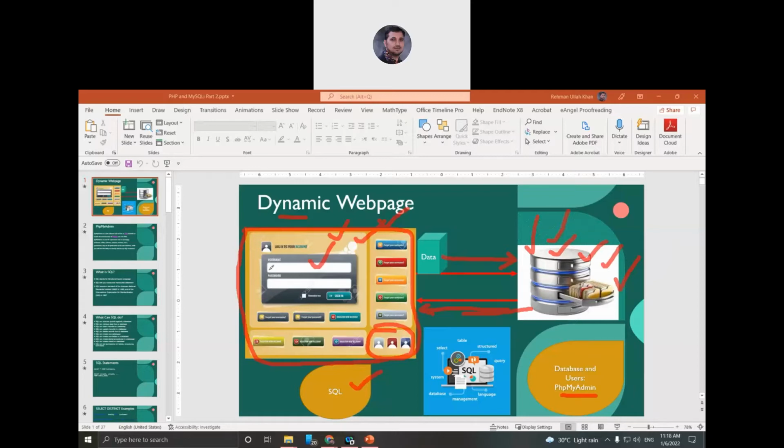So how to manage all these different privileges and control access, so that some users can access some pages and some users cannot? All these things are managed by the database management system.